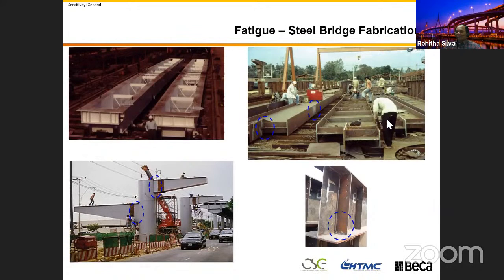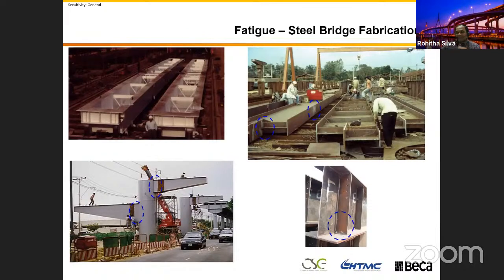You can see these guys are doing welding, doing all the fabrication work for the I-girders. You can see I have clearly marked the locations where they do the butt welding. They assemble these steel pieces together. So when you build this bridge and allow the traffic, the bottom span is simply supported girders. Because of the fatigue loading, there's a stress reversal varying from 0 at the support to the maximum near the center area of the bridge. It keeps varying. So you need to make sure that where you put your weld joint,